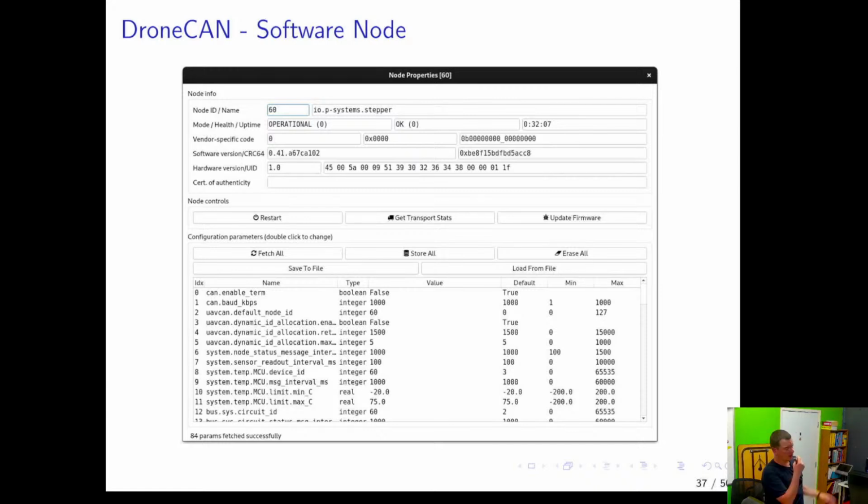Cool. So this is the software, the node properties from one of the tools. When you're connected to the bus, you can click and it will open this. In this case, it's a stepper controller. But you can see the basic properties like operational mode. Is it fully operational? Is it in a software update cycle? Is it offline? Then you have health: okay, warning, error, critical,